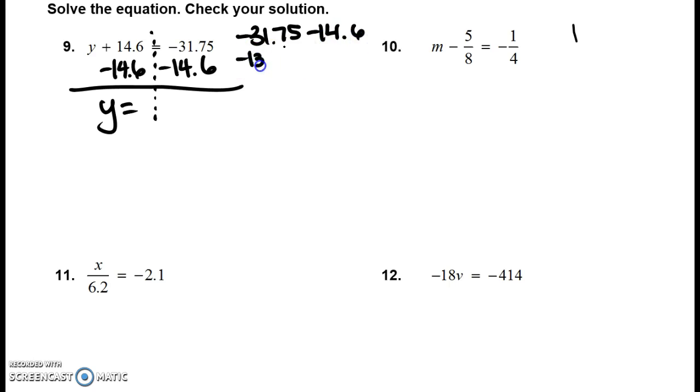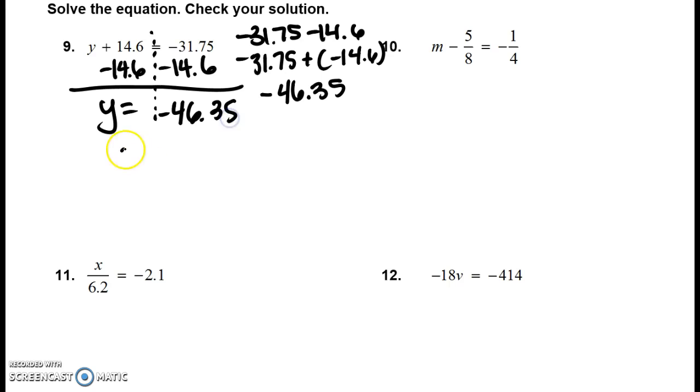If I keep the negative 31.75 and I add the opposite, then I add and keep, and I get negative 46.35. So y is equal to negative 46.35. Your check step here,